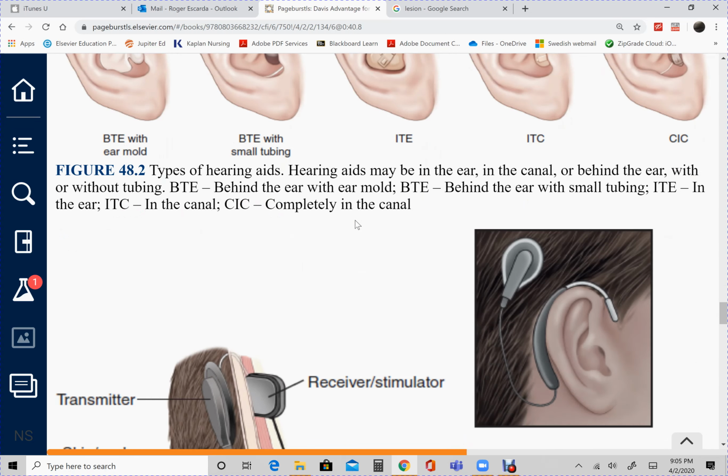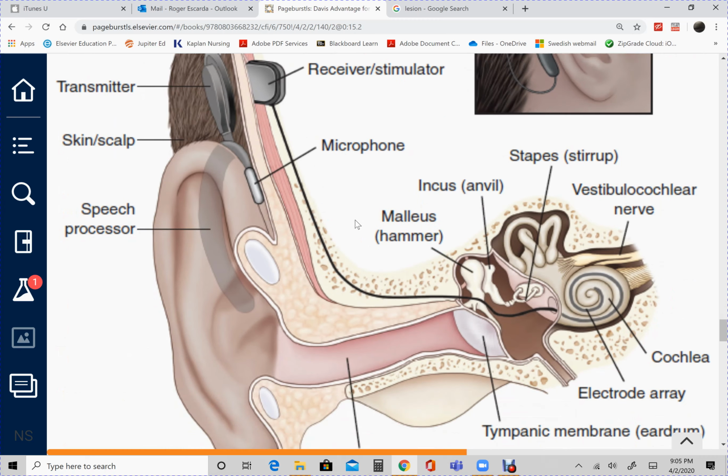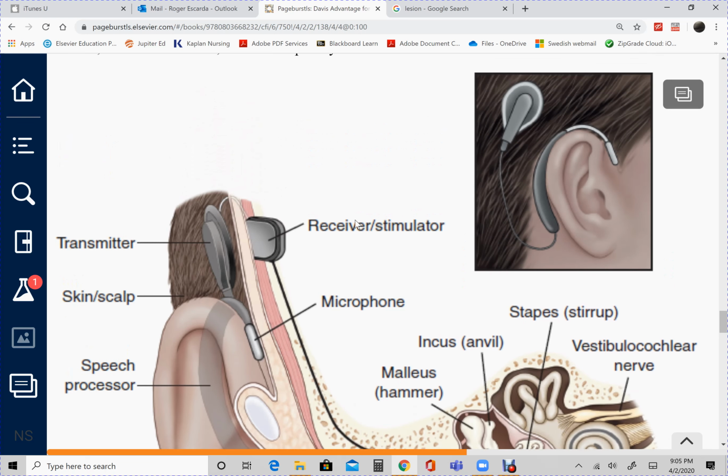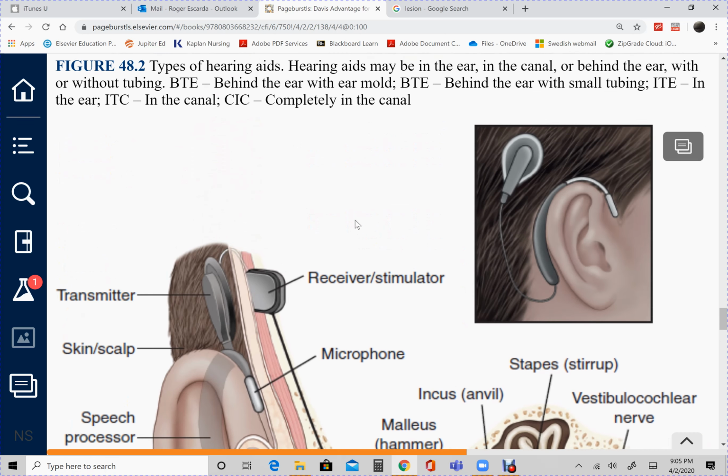Of course, it's a foreign object, so people who receive cochlear implants definitely are at risk for infection. In fact, they are candidates for flu and even pneumonia vaccines before the age of 64. So between 4 years old to 64, they will need to always avoid crowds, stay away from people with respiratory infections specifically, and again